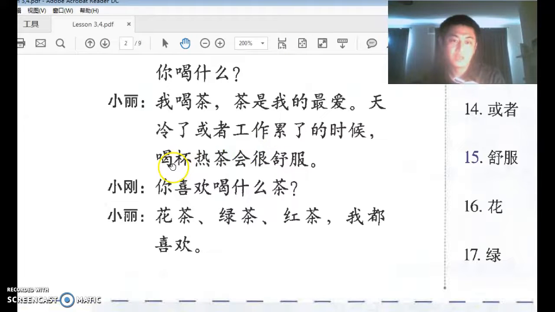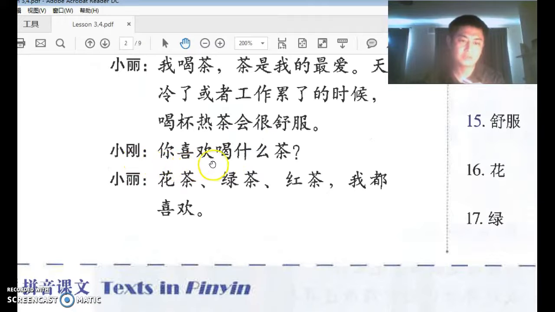喝杯茶, 喝杯热茶会很舒服, right? 很舒服 is comfortable. What can be comfortable? A person, 我很舒服, I'm comfortable, or a thing can be comfortable, 这把椅子很舒服, this chair is very comfortable, or an action, drinking a cup of hot tea is comfortable, right? 小刚 says 你喜欢喝什么茶? 花茶、绿茶 is flower tea, green tea, 红茶 black tea. 我都喜欢, I like all, and I like